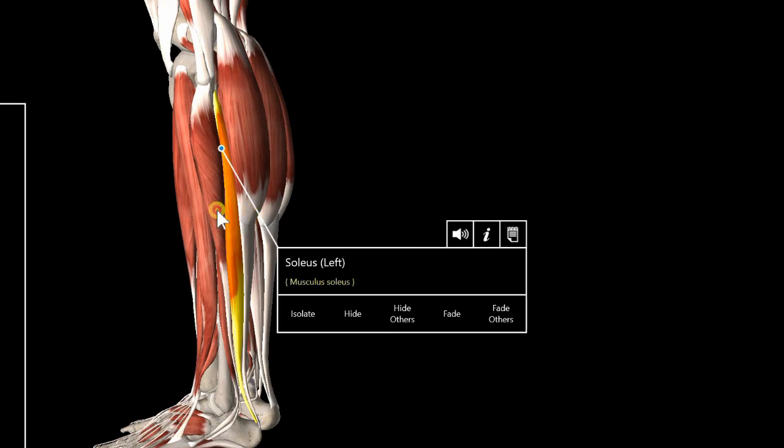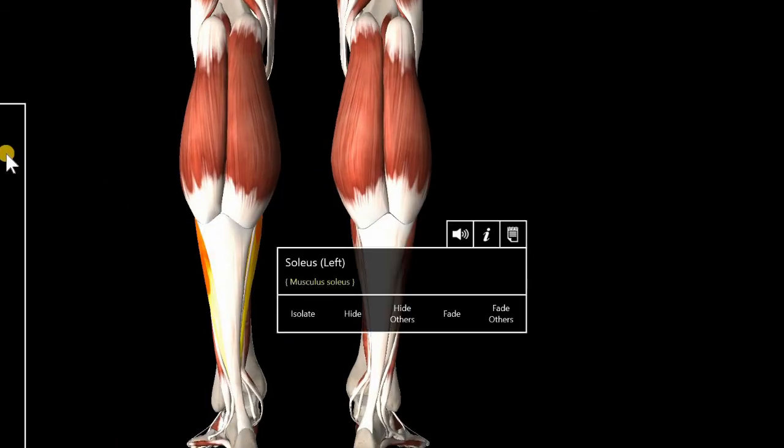Another muscle in the posterior aspect is